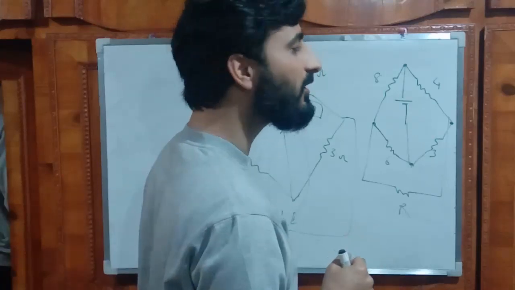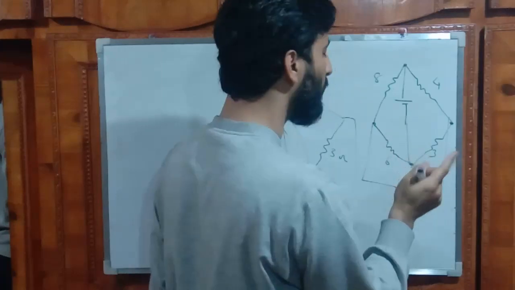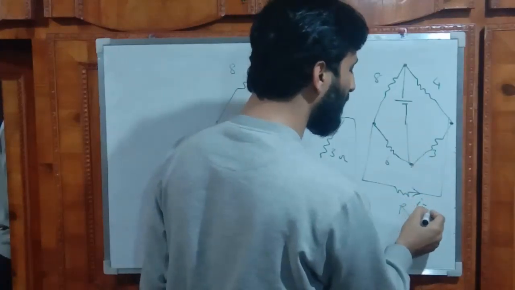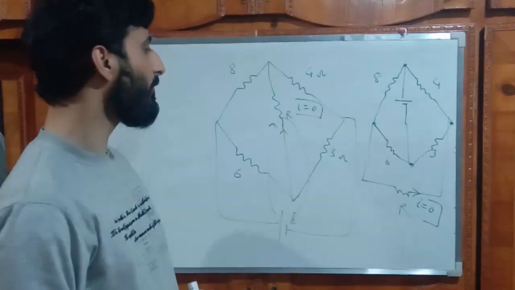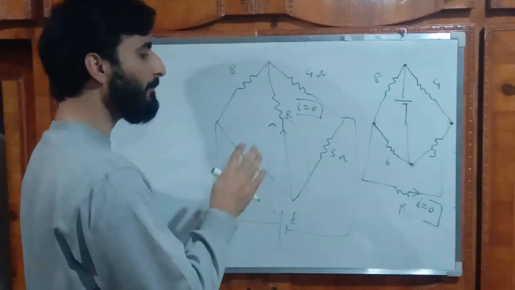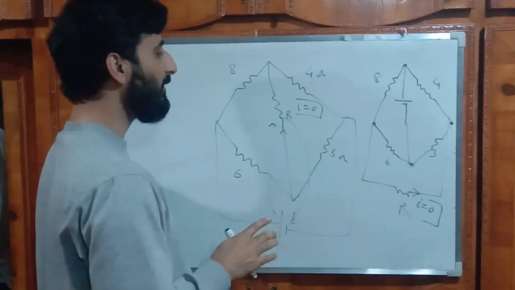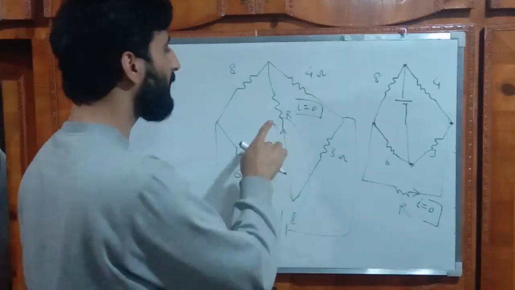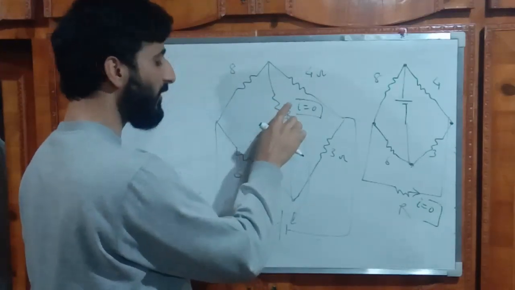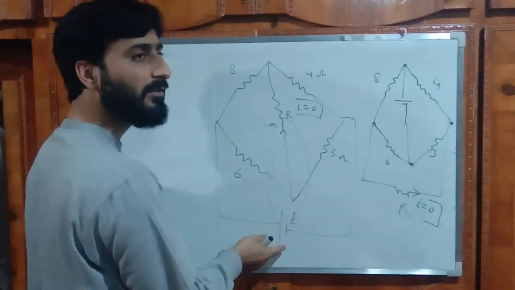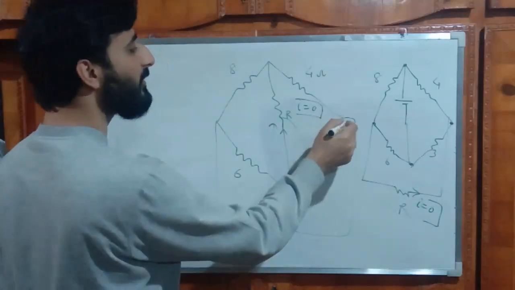Is this in a balanced condition? So let's try. 8 into 3 is 24, 4 into 6 is 24. So the current through R will be again 0. Now what we conclude from this question is, if in a balanced condition, the bridging resistor from this Wheatstone bridge is swapped with the battery connected to these nodes